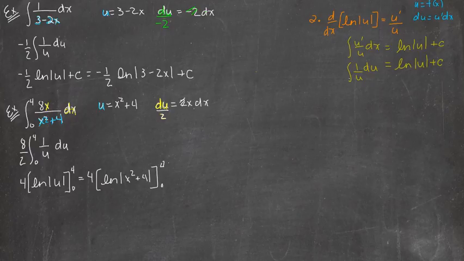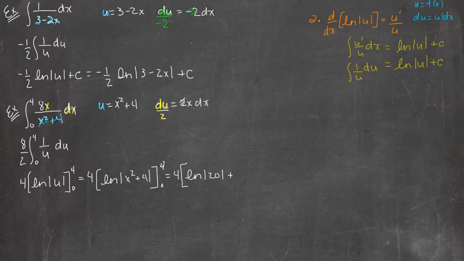And I'm just going to keep working across the page. So I have 4 times, by the fundamental theorem of calculus, the natural log of 4 squared, 16, plus 4, 20,